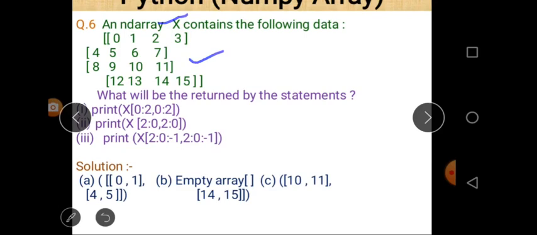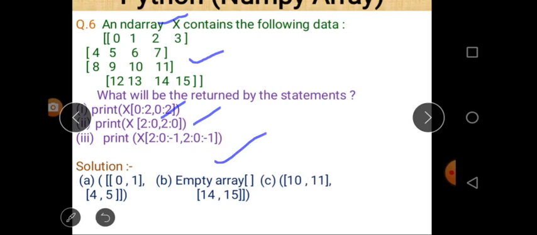Column number third means the column at index value 2, and row number third means the row at index value 2, and after that 0 is given here. Because the end value should always be greater than the start value in slicing, it will create an empty array.